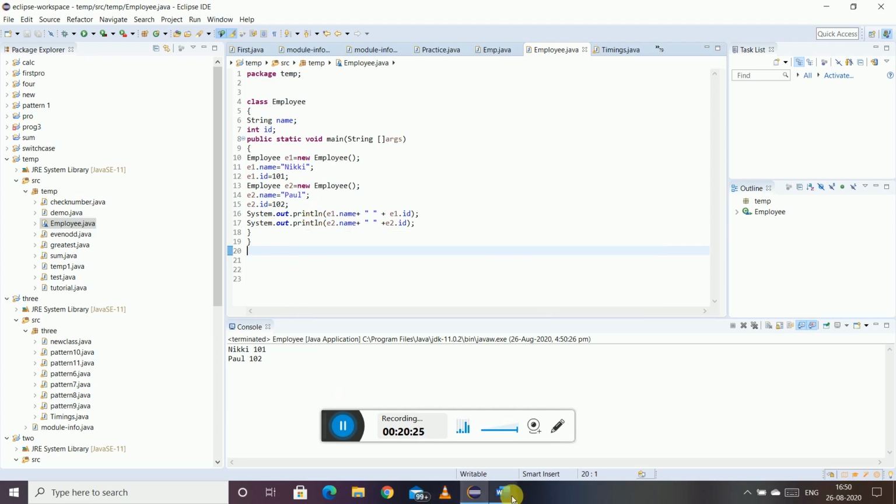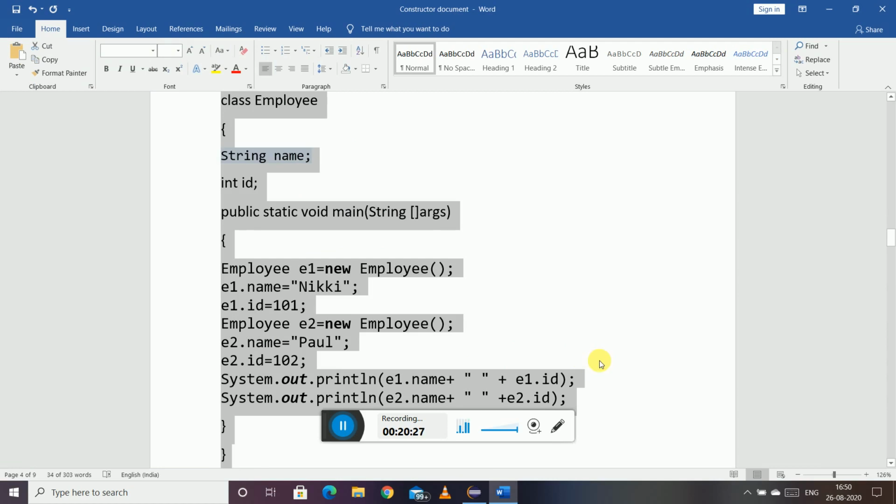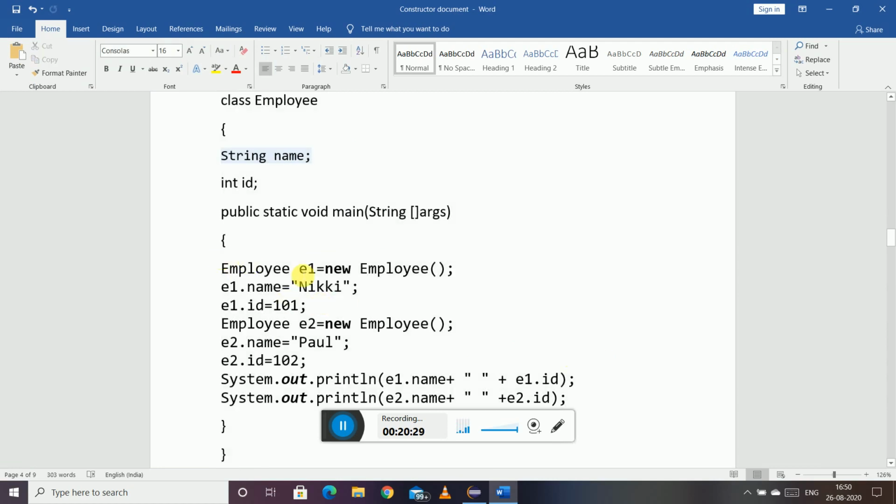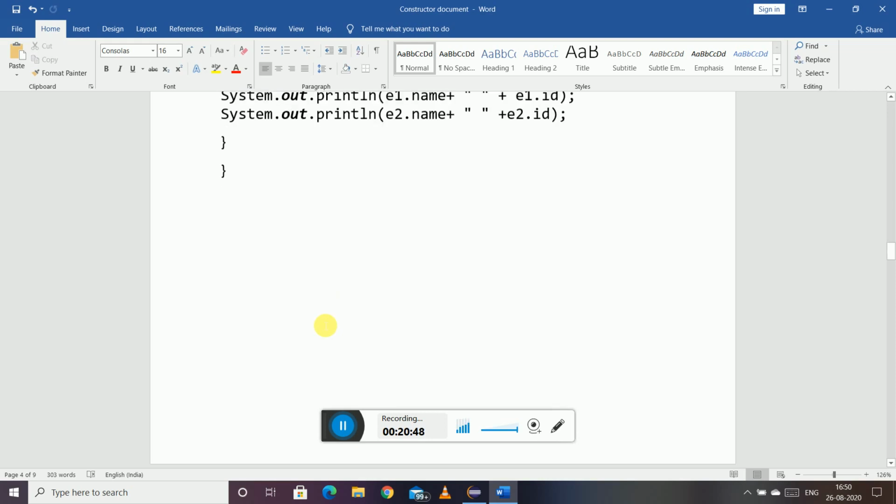But the problem here is that if you have a lot of employees, like 10 employees, then for every employee you will have to initialize both the variables, E1 dot name, then E1 dot ID, then for E2 also name and ID, for E3 also name and ID, E4 also name and ID. So that will get very hectic.